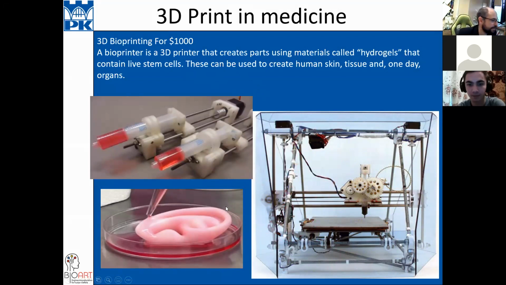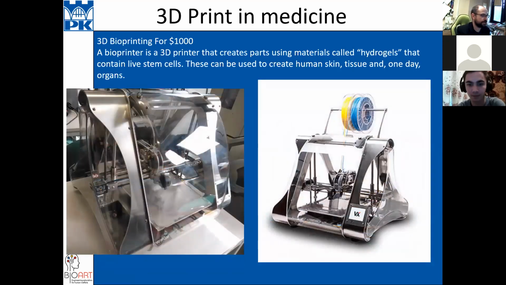For example, at our university, we have this kind of printer, and we can use a very big syringe to put some liquid material, some gel material.